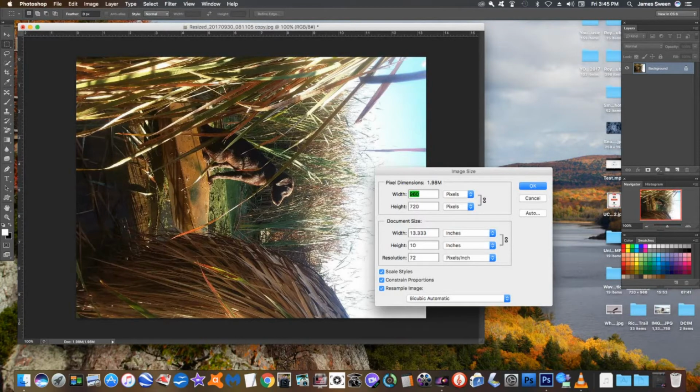All right, so resolution 72, we want to kick it up to about 150. What that does is it boosts the signal a little bit, and we can get a little bit tighter pattern as it prints the image. Okay, so now what we got to do up here is change the width to 16 inches because we're going to print it 16 wide and it's going to be 12 high. So we got everything done on that part,